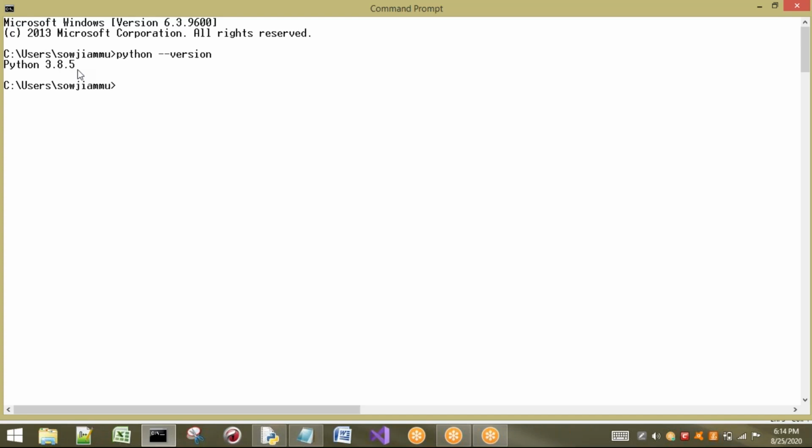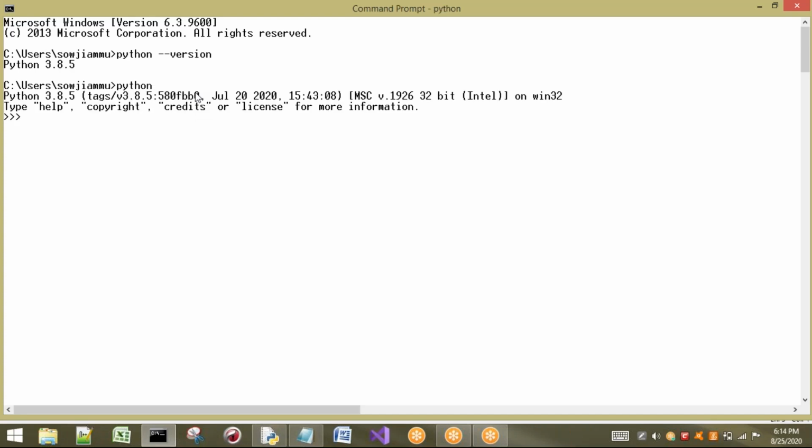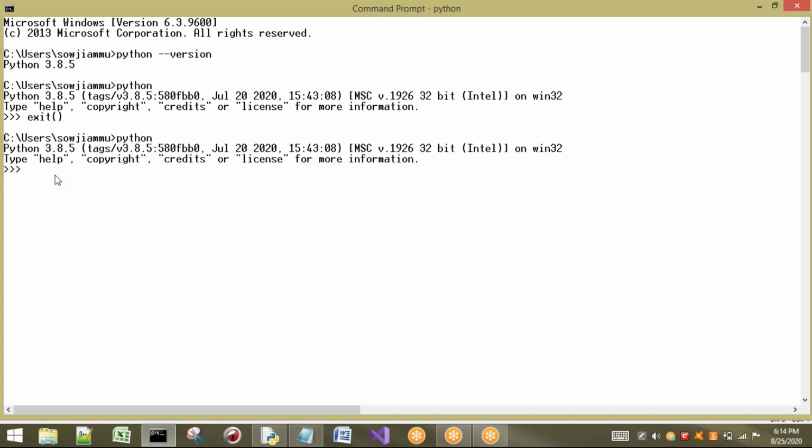In the same way, to quit, for example, here I will show you something. I want to enter into Python. Now this same command prompt is also going to act as a shell. So from the shell, if I want to exit, yesterday I showed you exit. So again I come back to my command prompt. Now once again I will go back to the Python shell, and here I will use a function called quit. So again you can observe, I came back to the command prompt. Again I will enter once again.